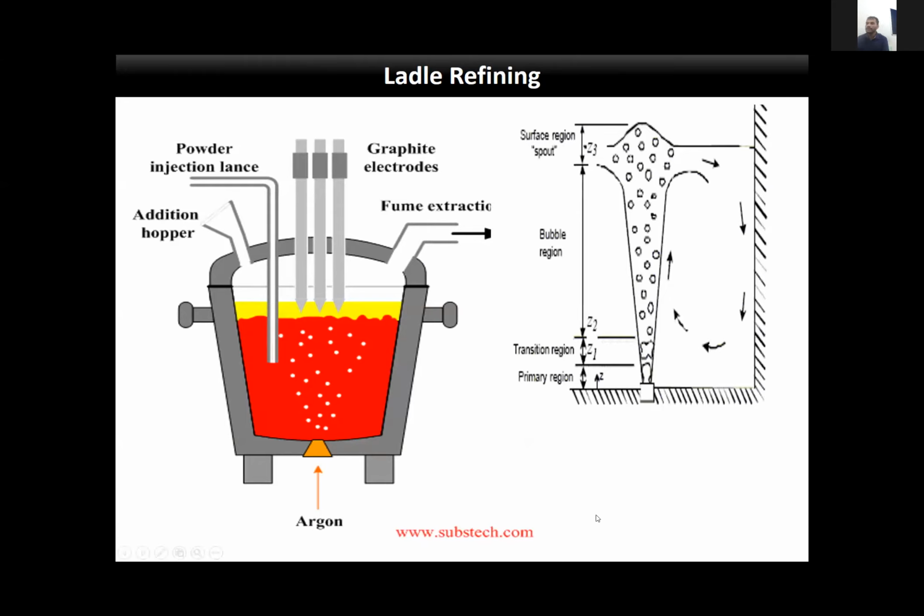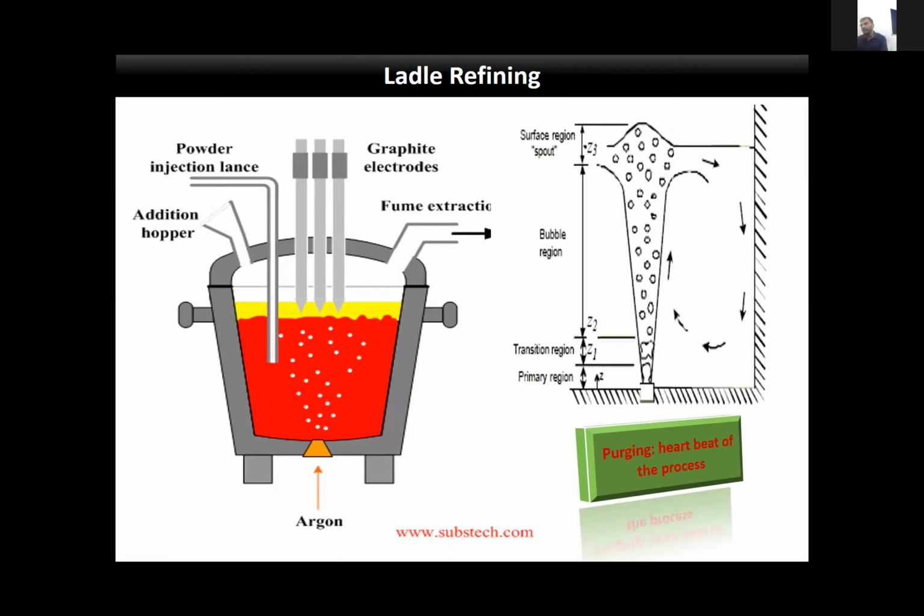And if you see the process dynamics, it involves argon purging from the bottom, where the argon gas will try to move out through the ferrostatic head lying above, and it will leave the system by generating an eye, opening up the slag, and then the argon is released. There are a lot of theories. It has been studied by several research groups, and it has been established that this argon purging is basically the heartbeat of the process.